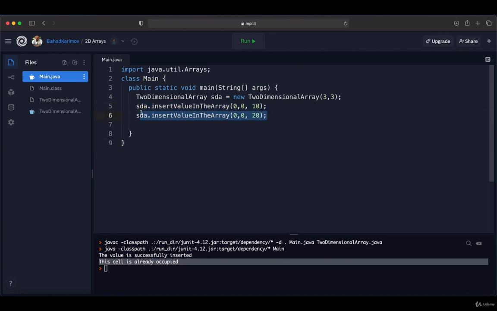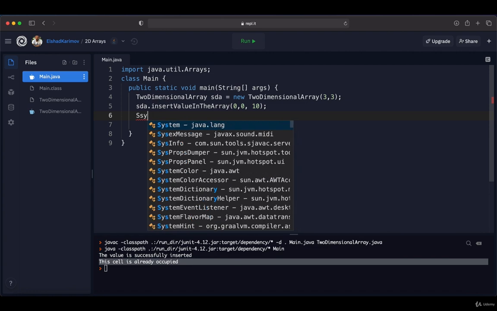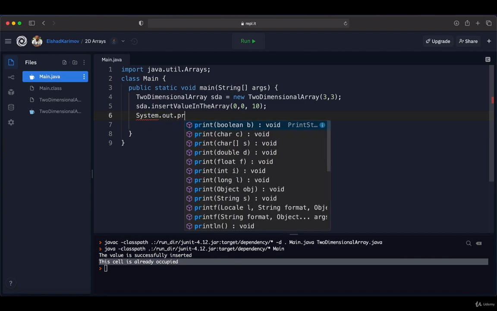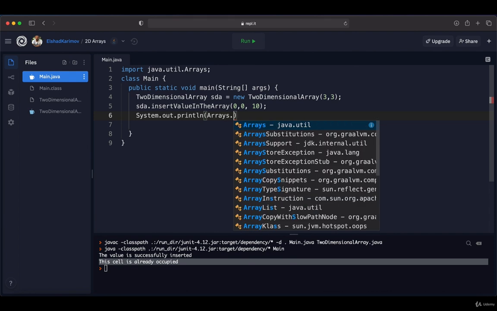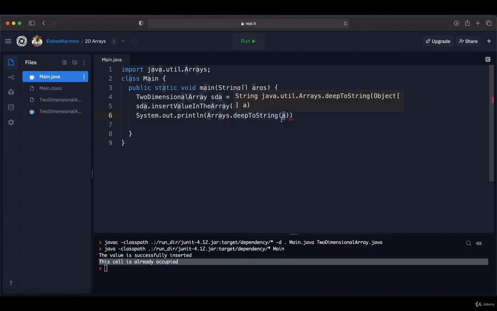Now after insertion, you might be interested in how our array looks. In this case, I'm going to use the Arrays library to print out the two-dimensional array to the console. So it's going to be System.out.println, Arrays.deepToString method.